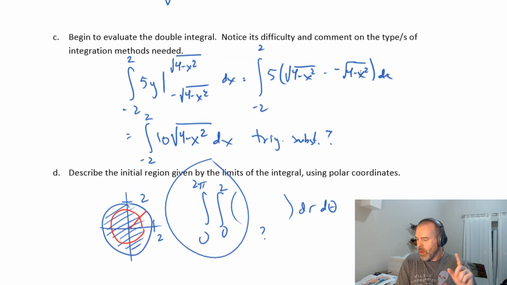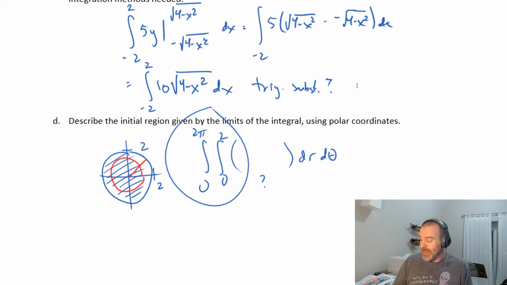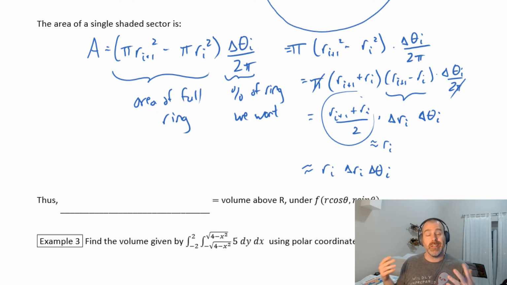Let me go back up here to where we rewrote example 2, where we rewrote the integral. We said the limits in polar form are pretty easy. r goes from 0 to 2, theta goes from 0 to 2 pi, and then we're done. But it's not that dy dx just gets replaced by dr d theta. dy dx is the area of the rectangle. We need a corresponding area of that represented sector, and the way we do that is this r dr d theta. So the full volume will be,